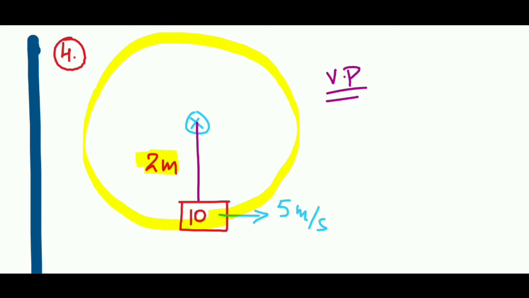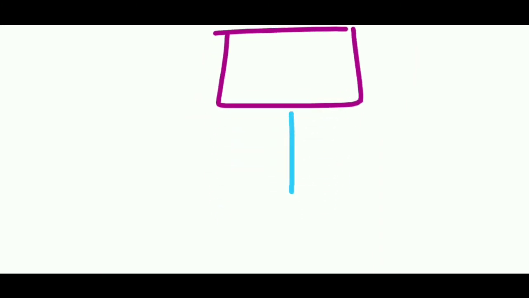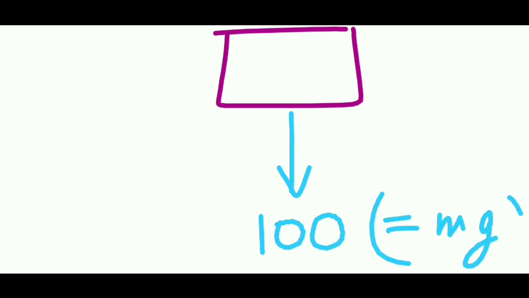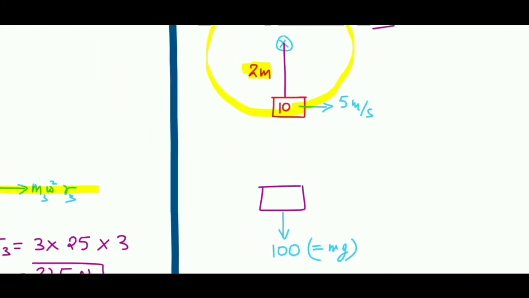Over here I will again draw the free body diagram, with all the forces which are actually acting. Then I will draw an extra force, the pseudo force for centripetal force, and balance the forces along the center line only, the line about which I am applying the pseudo force. This is 10 kg, so this will be mg. It's a vertical circular motion this time, so mg is also important over here.